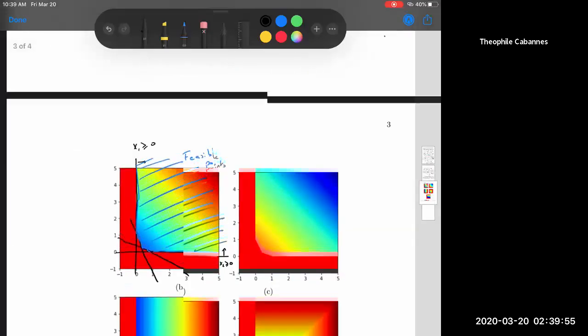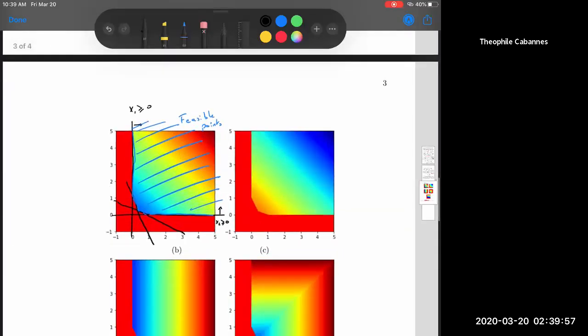So this function, you can represent it as: on the feasible set, it's equal to the function,